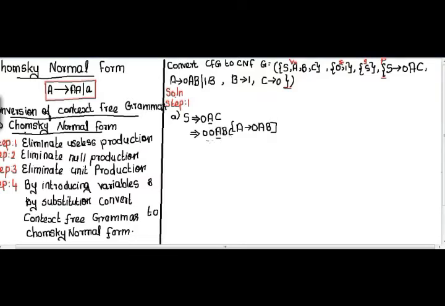Again, the leftmost character is A, so instead of A, I want to substitute an A production. I have two A productions in front of me. I'm going to choose A tends to 1B now. So it will be 001BBC. Now I have the next non-terminal as B, so I'm going to substitute a B production. I have one B production, that is B tends to 1. So it will be 0011BC. Again I have the next non-terminal as B, so instead of this B, I'm going to substitute the B production, B tends to 1. So now it will be 00111C.